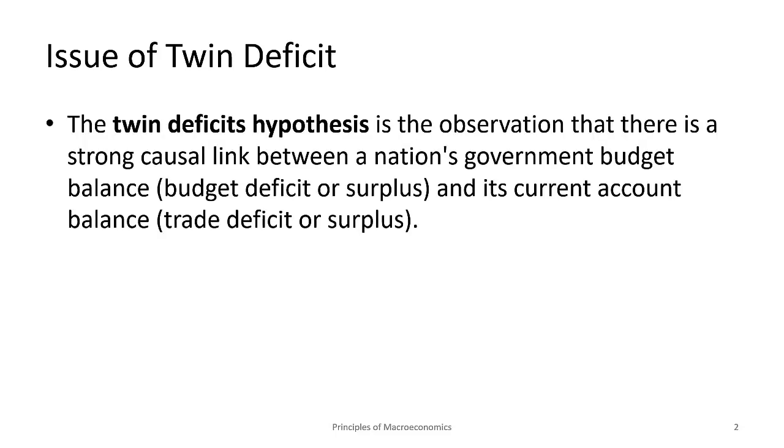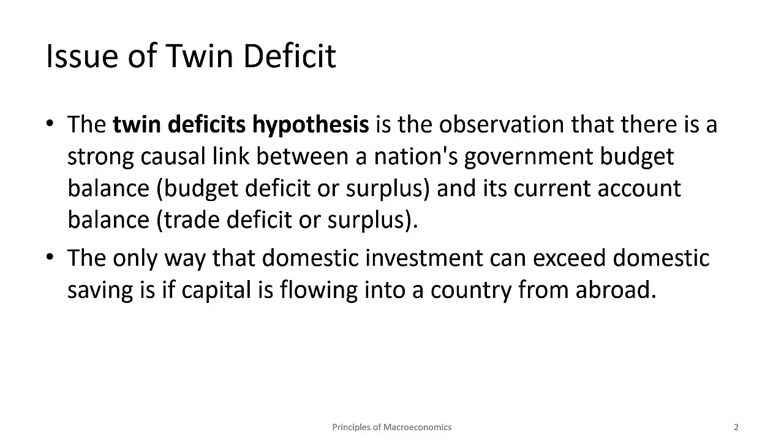According to the twin deficit hypothesis, it's an observation that there is a strong causal link between a nation's government budget balance, that is budget deficit or surplus, and its current account balance, which is trade deficit or surplus. That means budget deficit and trade deficit are closely interconnected. Which essentially means that the only way that domestic investment can exceed domestic saving is if capital is